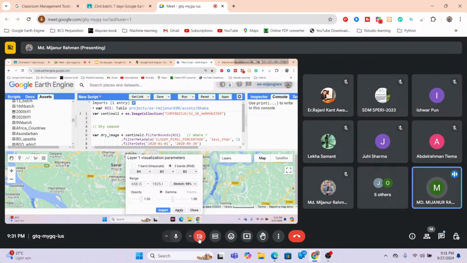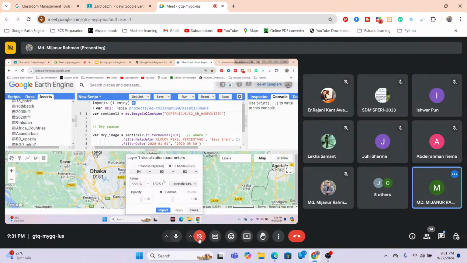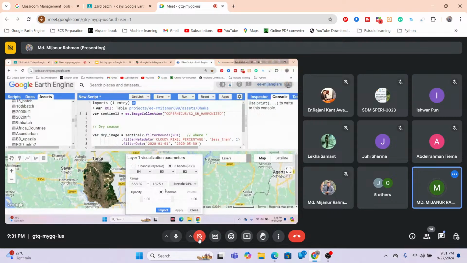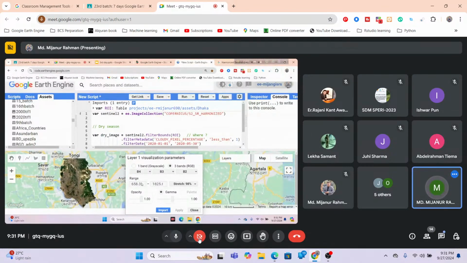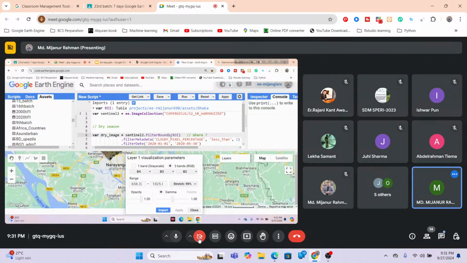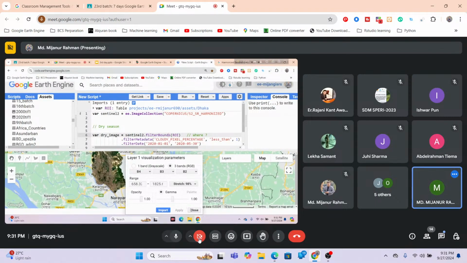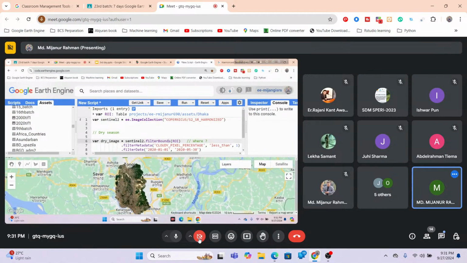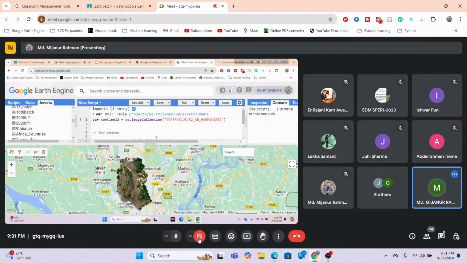And now apply. So now we got this type of imagery. We get the natural color, and this imagery is better than